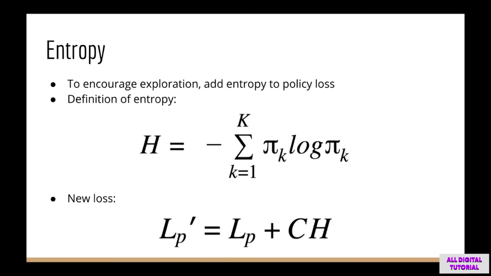Another minor difference is that we are going to regularize the policy loss by adding the entropy as a regularization term. If you recall, the entropy of a distribution is the sum over all events of the probability of the event multiplied by the log probability of the event. In our case, the k's just represent the different actions, and pi of k is just the probability of that action at the output of the policy network. In the end, we take the usual policy gradient loss and add the entropy multiplied by a regularization constant, which controls the strength of the regularization term.